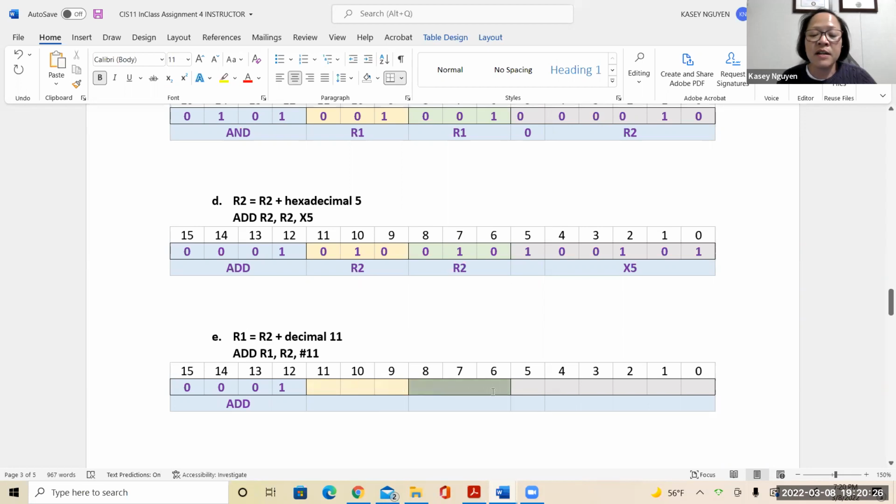And then the green part is going to be your source register, which is register 2, in green. And then you know what it needs to do when it needs to add an immediate value, based on D. Then the last 5 bits here need to represent 11 in decimal. So it'll be 8 plus 2 plus 1. So this bit on, skip this one, this bit on, and the rest. This is 0. So 01011. R1, R2, and then